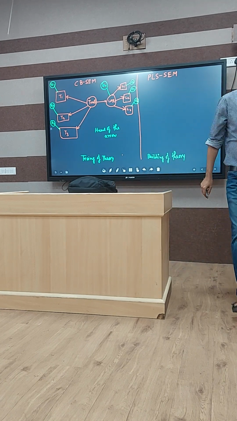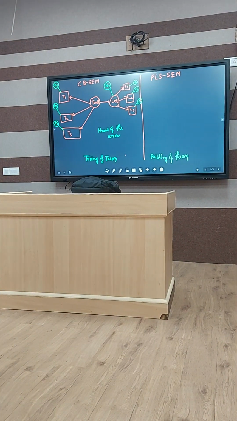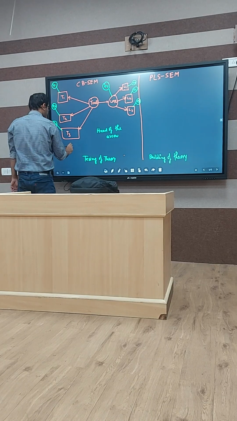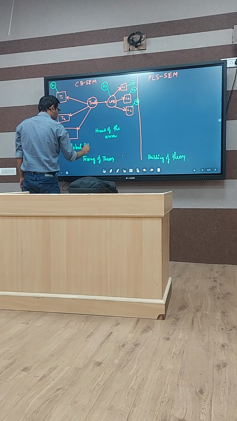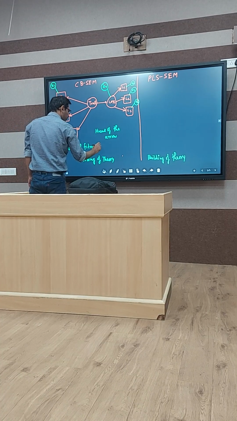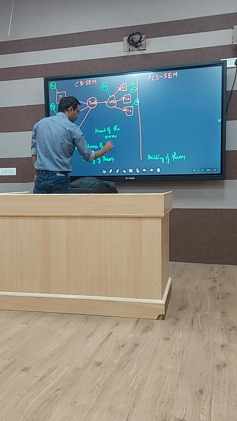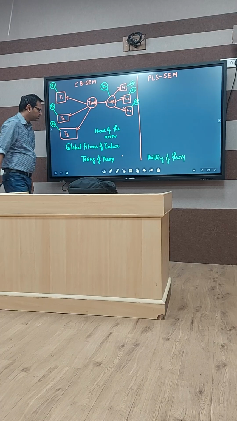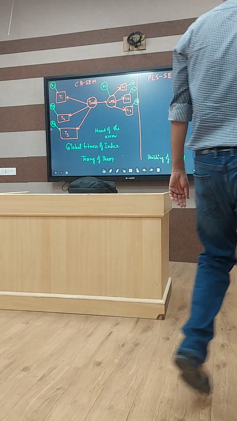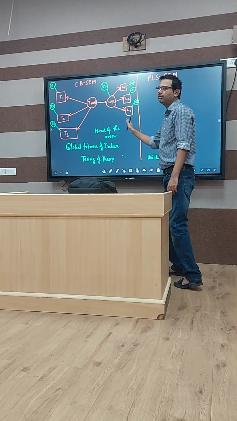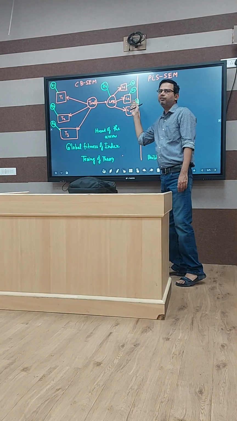So that's why your covariance based structural equation modeling will give you the global fitness index. Means your fitness, when you are saying that our model is having a goodness of fit, so that will be